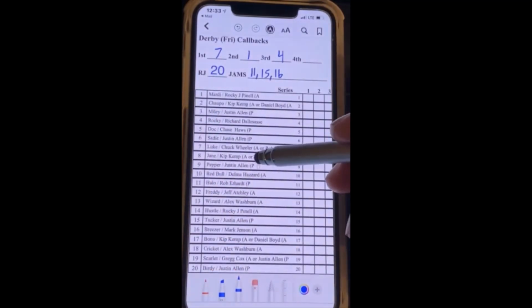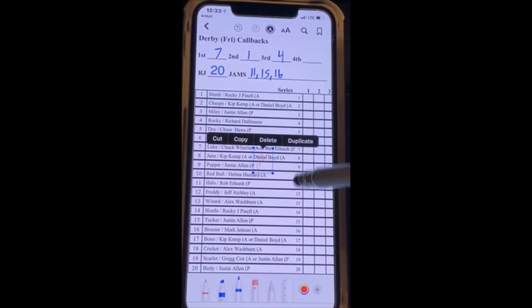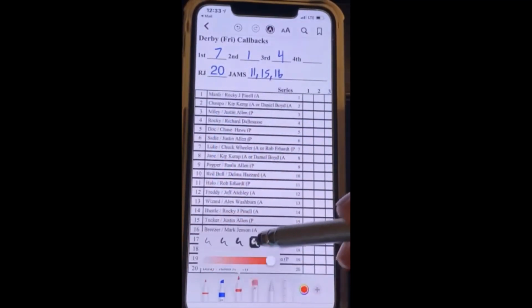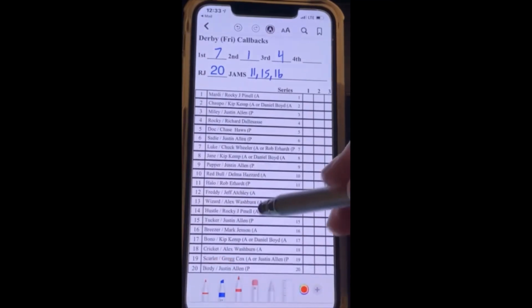But rather than use that tool to do a signature, I prefer just to use the pen. So I'm going to delete that. Make it red. Pick up my pen, make sure it's as thick as I want it. And now,